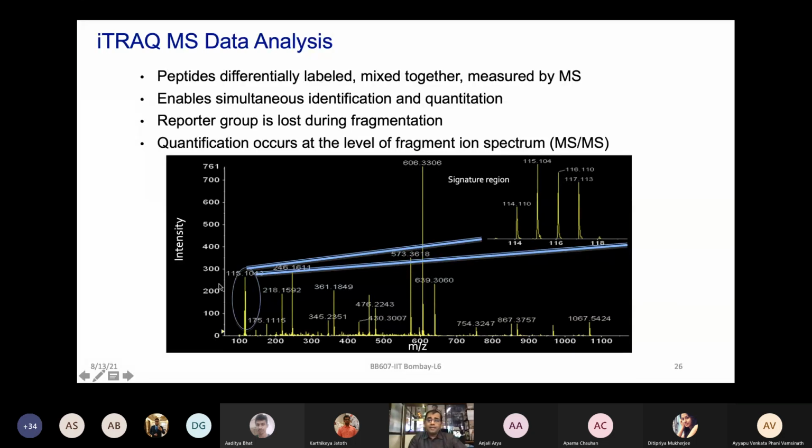Now, what you will see in the data, like you have seen some chromatograms by now of the label-free experiments, but in the label-based experiments, iTRAQ or TMT, each of these, when you look at the mass, if you click on that and look at their MS-MS spectra, then you can find out these are the reporter ions, like in this case 114, 115, 116, and 117 being labeled. And that labeling can be utilized for the quantification part of that. Therefore, you need a good fragmentation of each of these peaks at the MS-MS level.